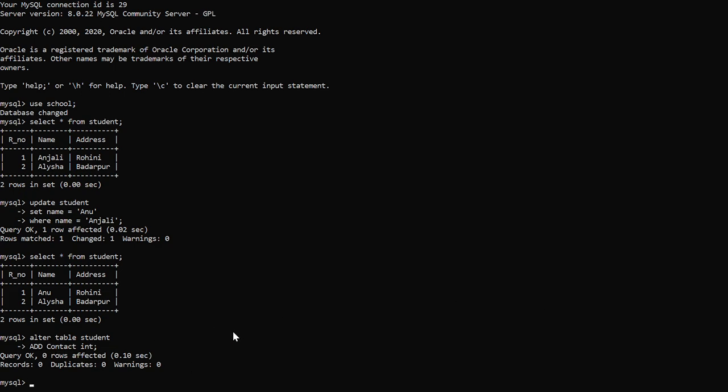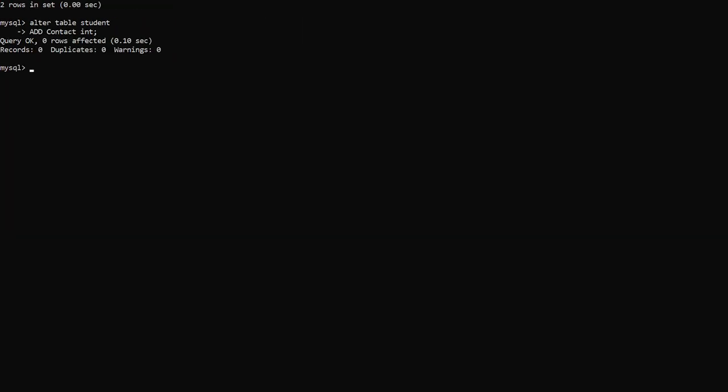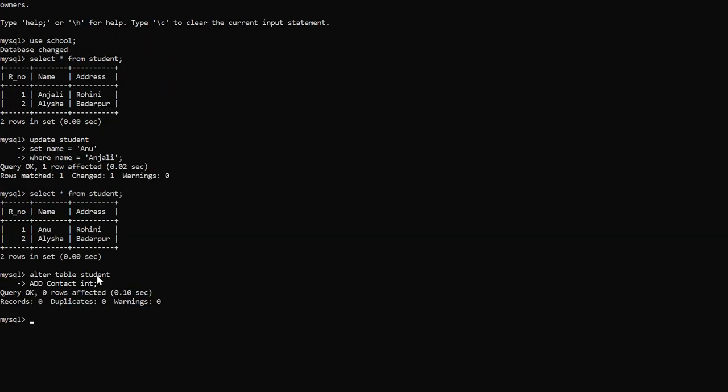After enter, what are we getting? Alter table student, add column, the name of the column, and we have written here the data type. So query OK, one row affected. Now we have another column in this table, or we can check this record again with the help of select star from student.